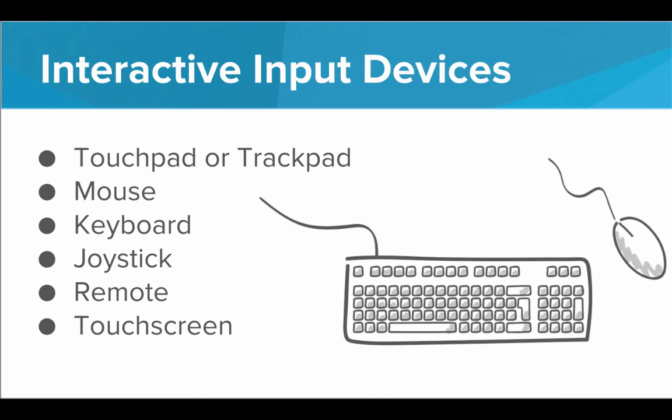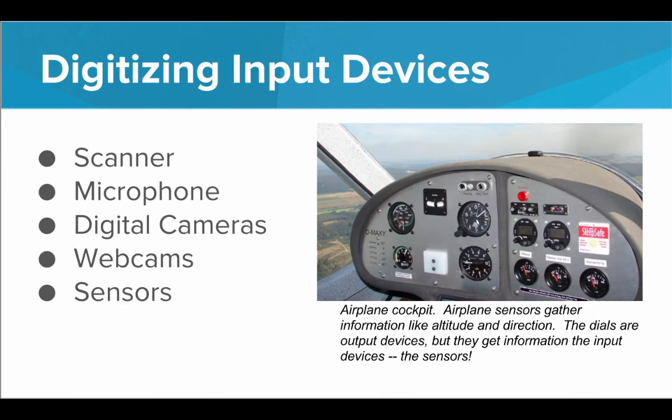So we have several interactive input devices that are taking your touch and turning that into information the computer can understand. Things like touchpads or trackpads, mouses, keyboards, joysticks, remotes, and touchscreens are all ways that we can give input into the computer. We also have input devices that are constantly monitoring the outside world and capturing information about it to be stored as numbers inside the computer. Things like scanners, microphones to store audio information, digital cameras to store visual information, webcams, and sensors that are doing